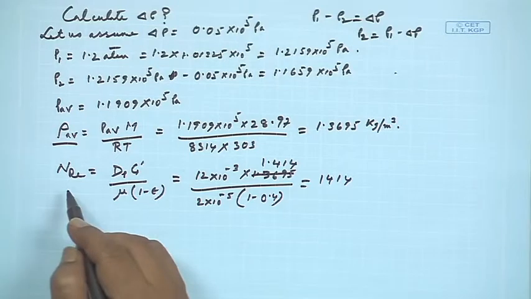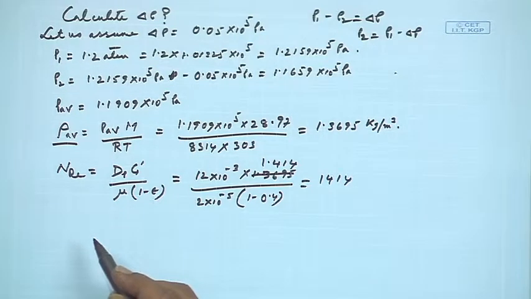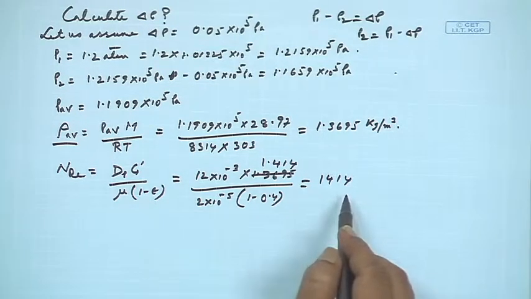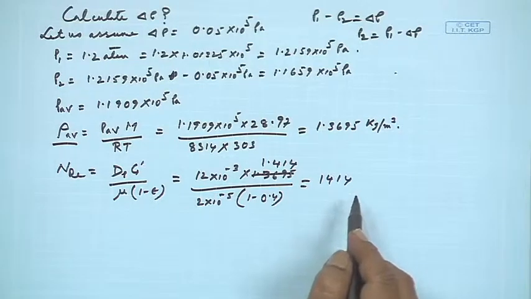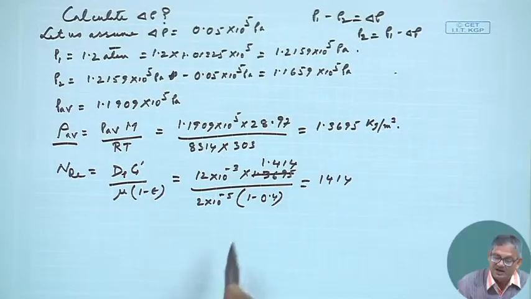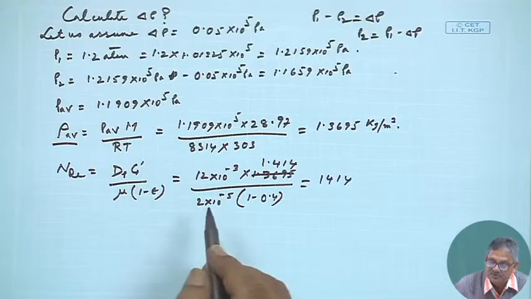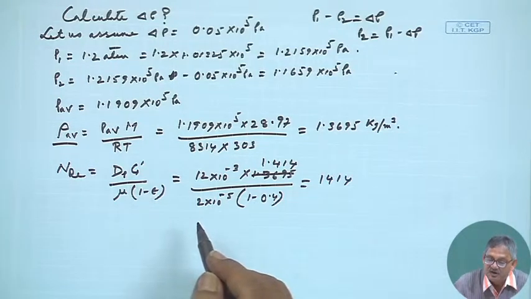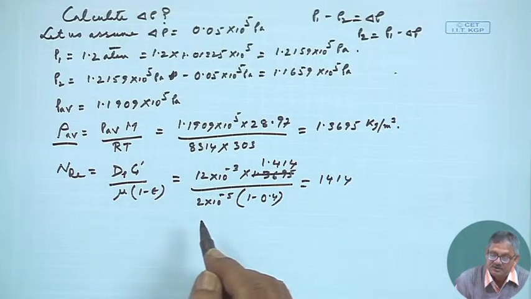So NRe has become equal to 1414, right. So now we use that Ergun's equation which we had shown earlier, that was delta P rho by